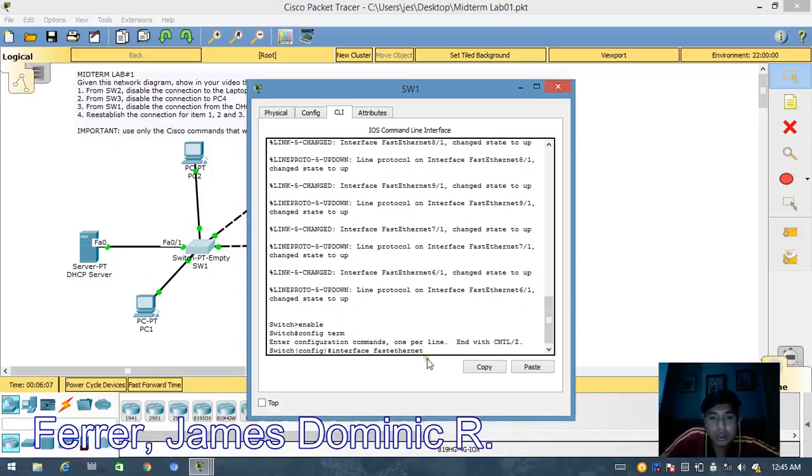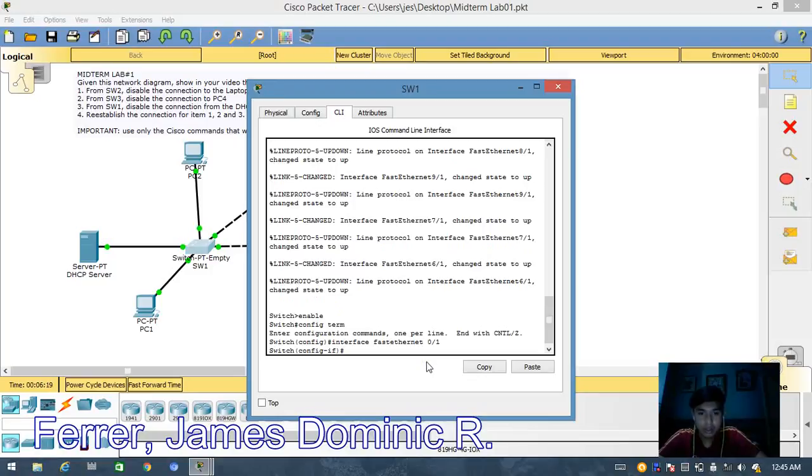Just click switch 1 and then space 0/1, then enter, and then just type shutdown.